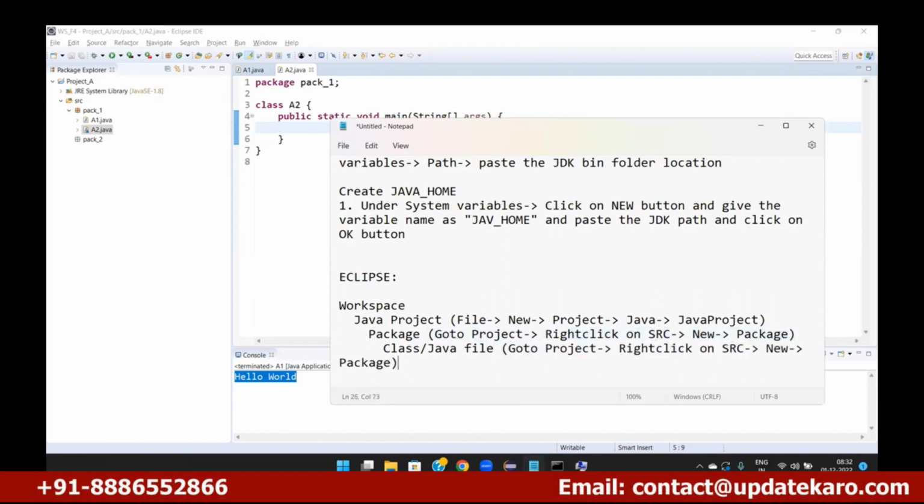For this again, go to the package, right click on it, and then directly